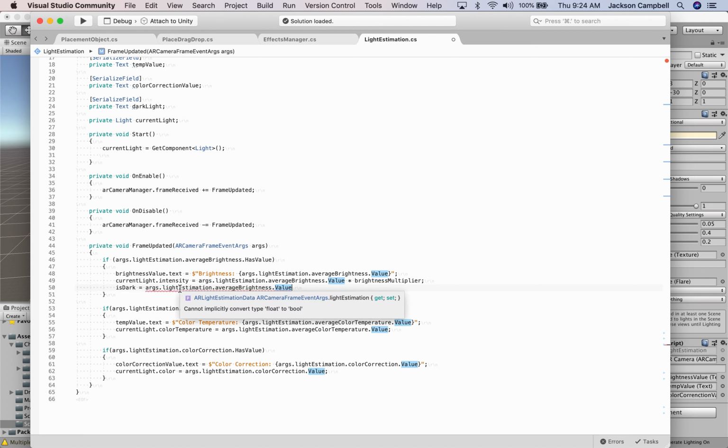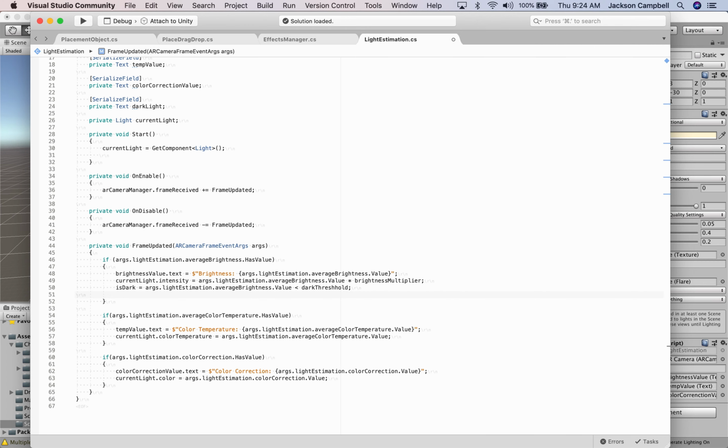Right, that's coming from our light estimation average brightness value, as it says there. And we're saying that it is dark if that value is less than our dark threshold. Okay, that'll set that bool, and then we are going to